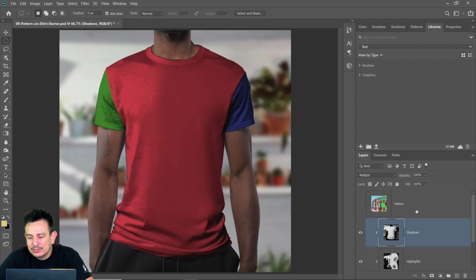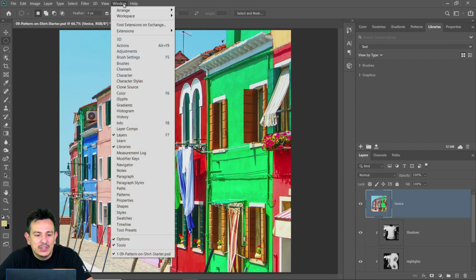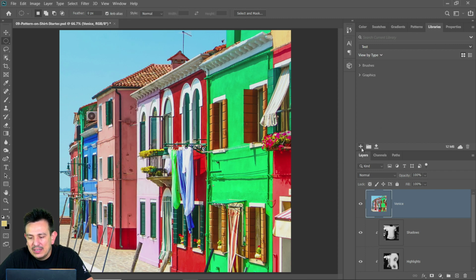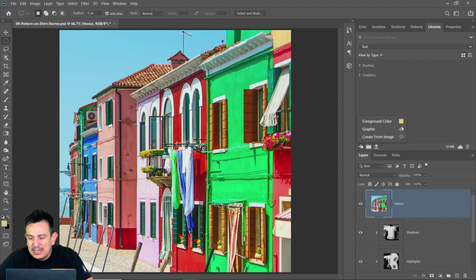But anyway, so the first thing that we need to do is create a pattern. And I have this photo of Venice here, and it's just basically these windows. And what I'm going to do is in the libraries panel, and if you don't see that, you can go into window and libraries. You are going to need to click on this plus icon, and from the plus icon, make sure that you click on create from image. And this is going to open up